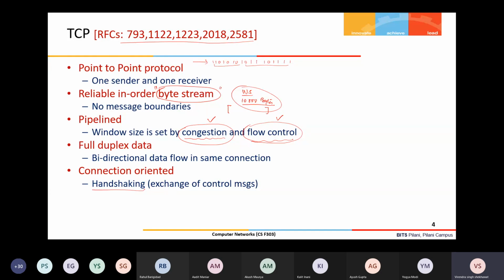This handshaking process is a kind of overhead with respect to connectionless protocols. Connectionless protocol means no handshaking is required. Whenever I have data, I start sending it. There is no initial handshaking. But in connection oriented, first handshaking happens, and after that data transfer starts. And obviously this is required to ensure reliability.